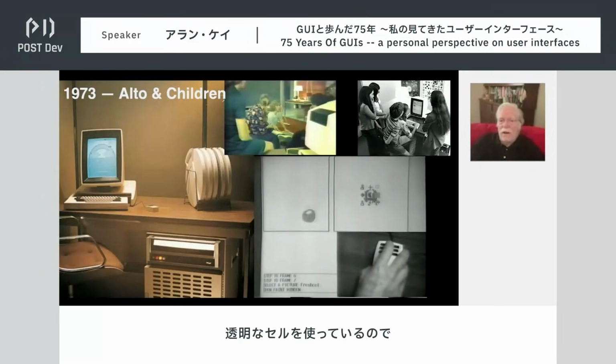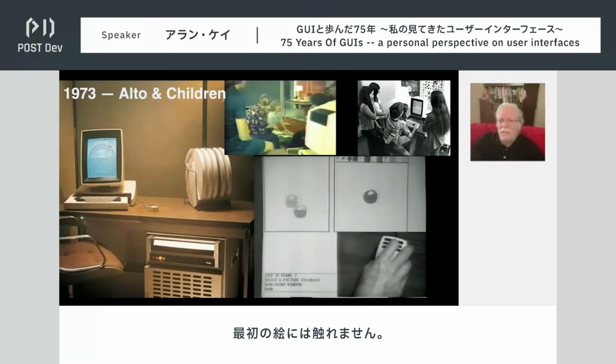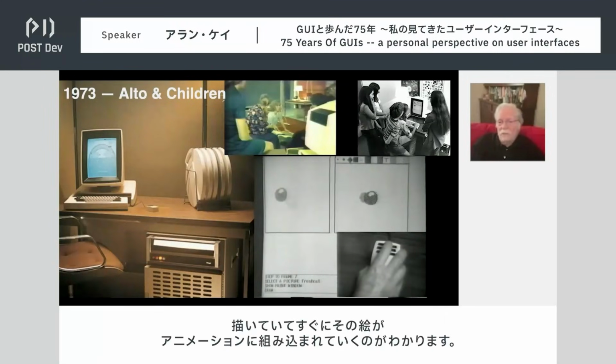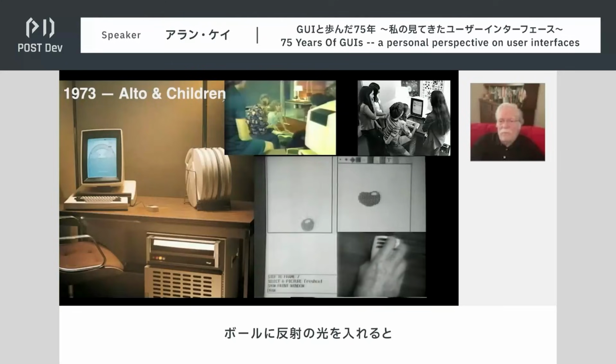She has a transparent cell, so she's not touching that first drawing. She's going to overdraw it. And you can see the drawing is being inserted into the animation as she does it. And it will look quite real when she puts in the specular spot.